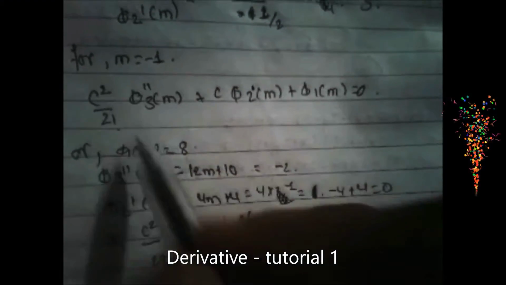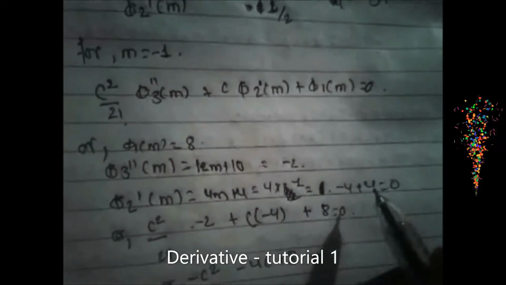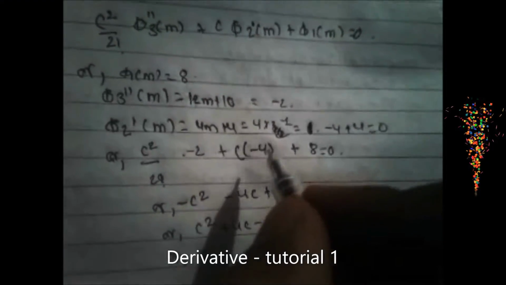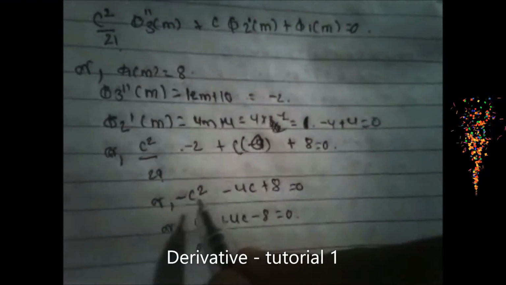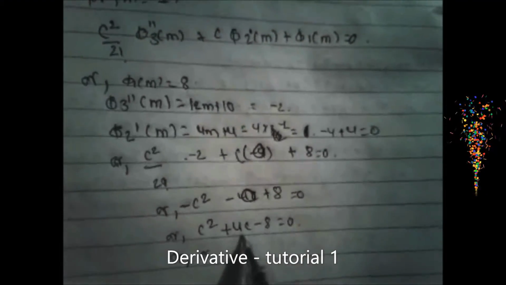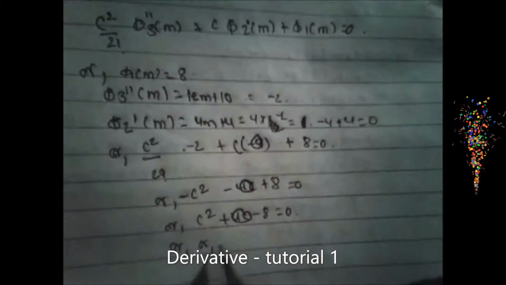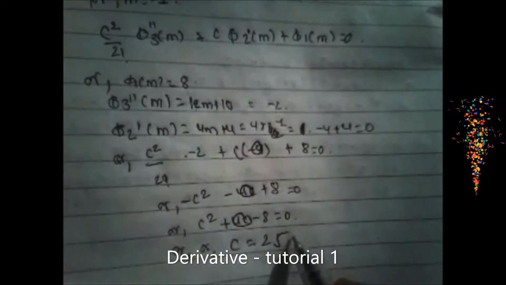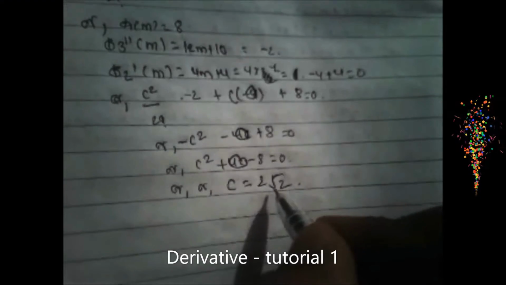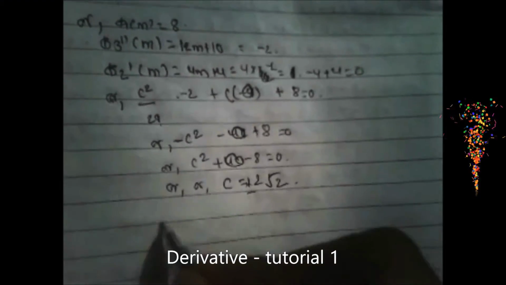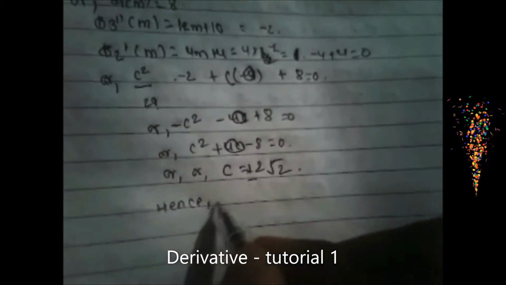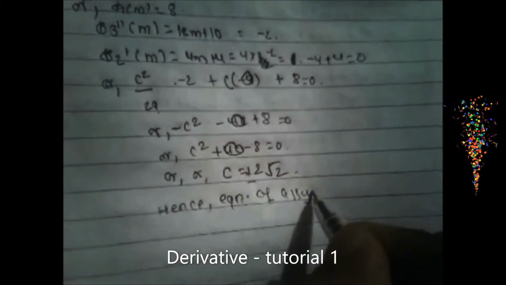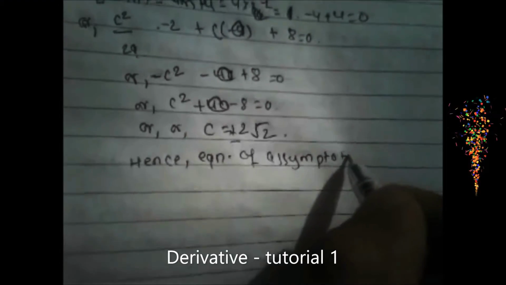Now when this value changes here, I have already changed the value, so phi 2 dash m would be 0. So the value of c is plus minus 2 root 2. Hence the equations of asymptotes are: